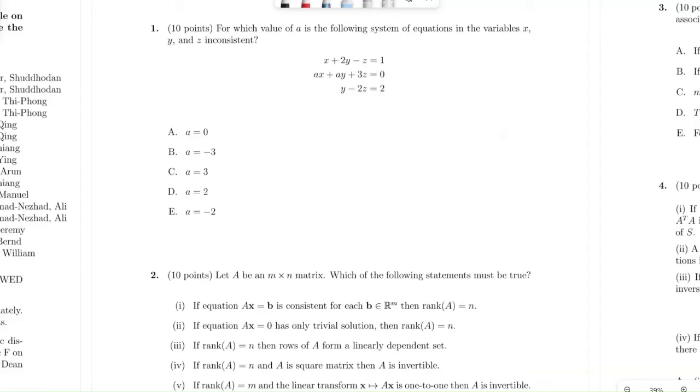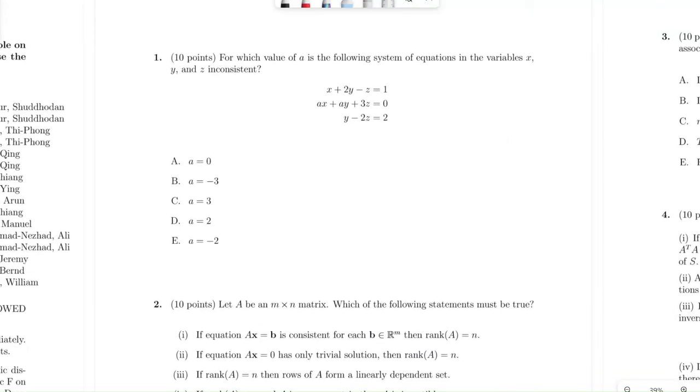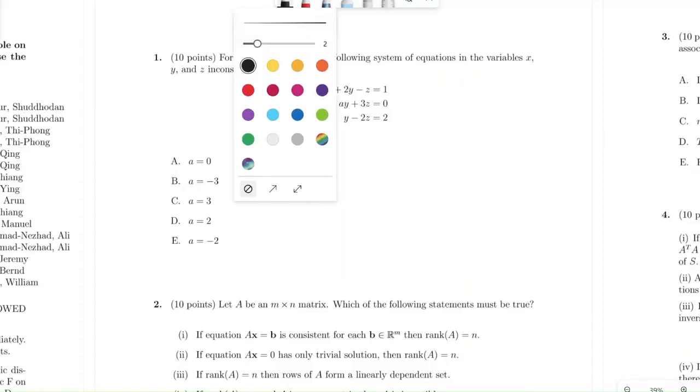Okay, hi. So today we're going to be going over midterm 1 from spring 2022 MA 265. So yeah, let's get started. So in this first problem,